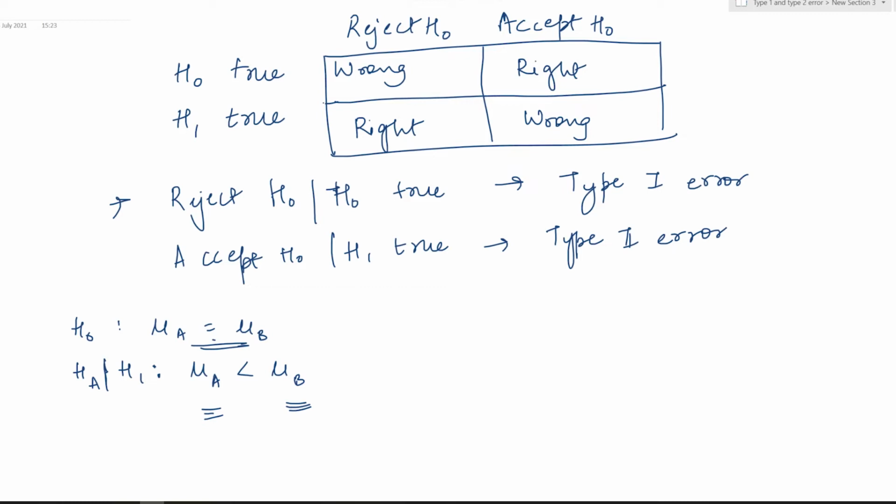Now let's consider the second case where we accept H0 and our H1 is true. That is, the phone company did not say how effective the phone is and it said it is equally effective. That is, the lifetime of both the phones was same while our H1 is true. Now, if the phone company had claimed that our mu B was significantly greater than our mu A, then it had an opportunity there, right? So that means now that it did not claim that it was more effective, it has incurred an opportunity loss.